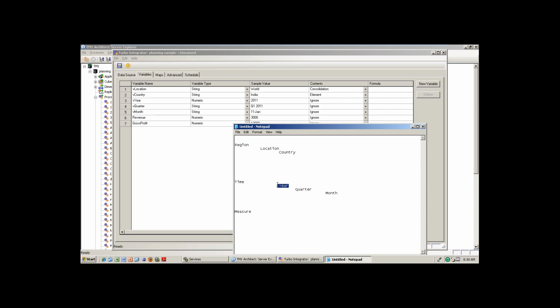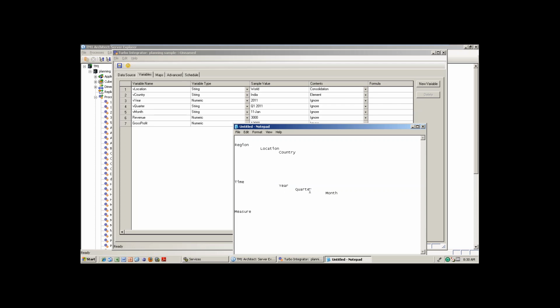If you take any particular dimension, only the lowest or leaf level will be treated as element. All remaining levels are parents, and a parent is nothing but consolidation. Clear? Here, why are you making it a parent?